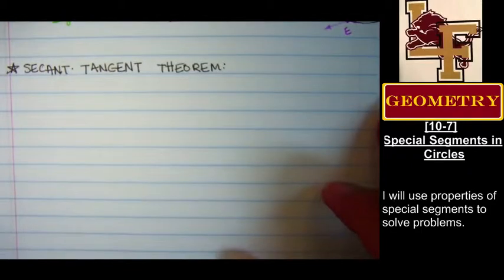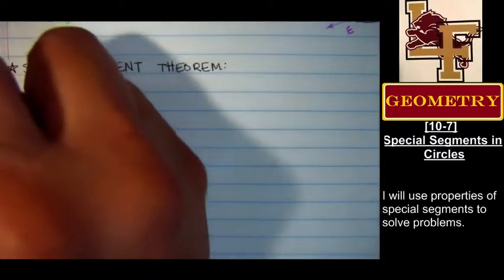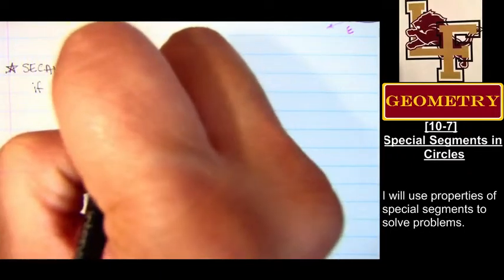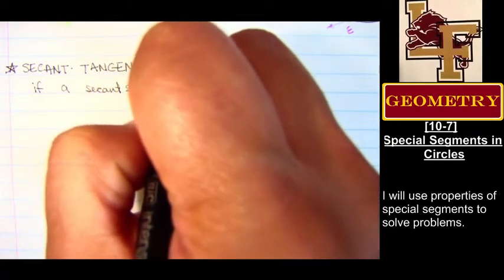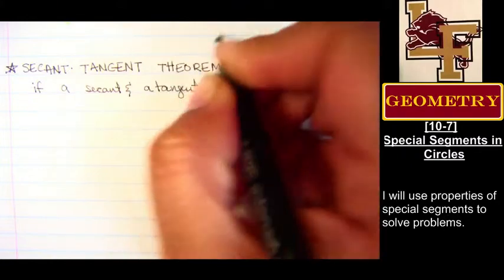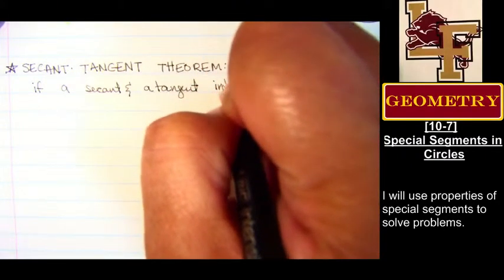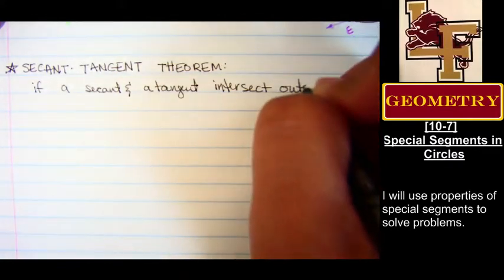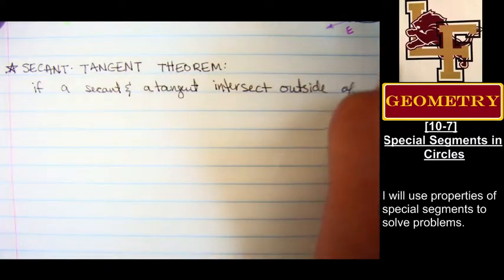Secant tangent theorem says this: if a secant and a tangent intersect outside of a circle,